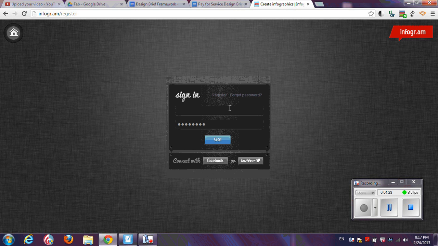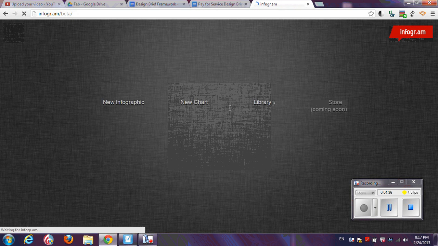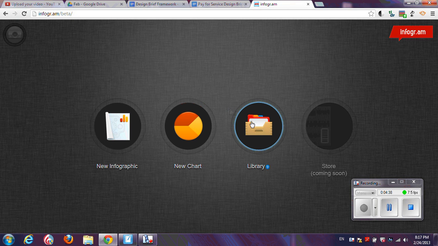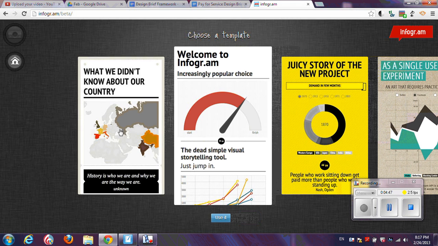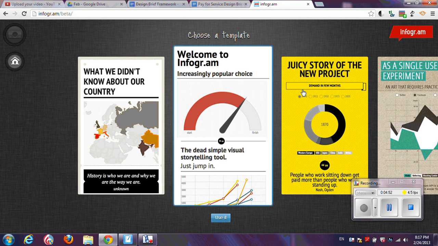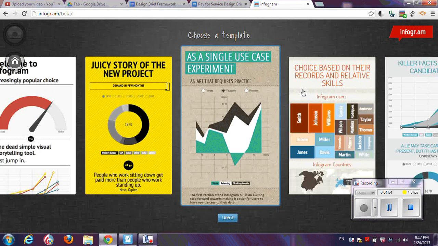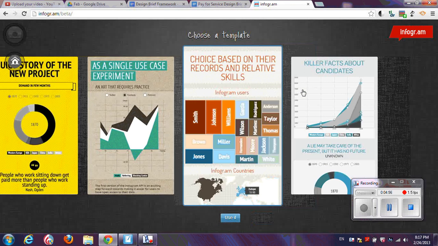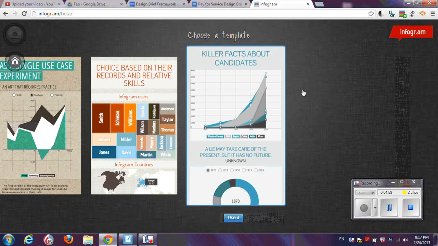I have a username and I've already registered, so I'm going to go ahead and log in. I have an infographic that I've already started in my library, but I'm going to show you how to set up a new infographic by going to the new infographic section. When you click on it, they give you these templates that you can choose from. All of them have a different kind of graph, and you can change the type of graph that they're working on,